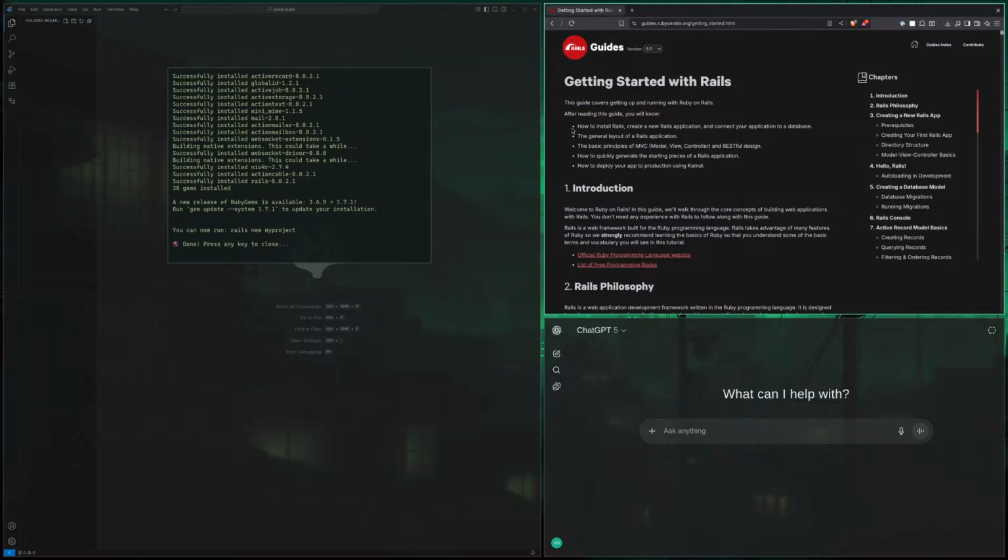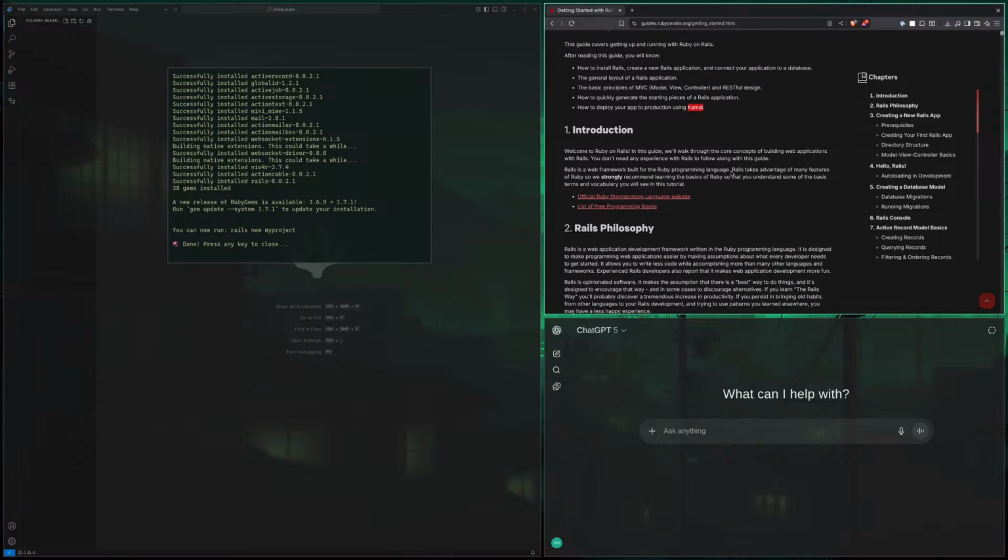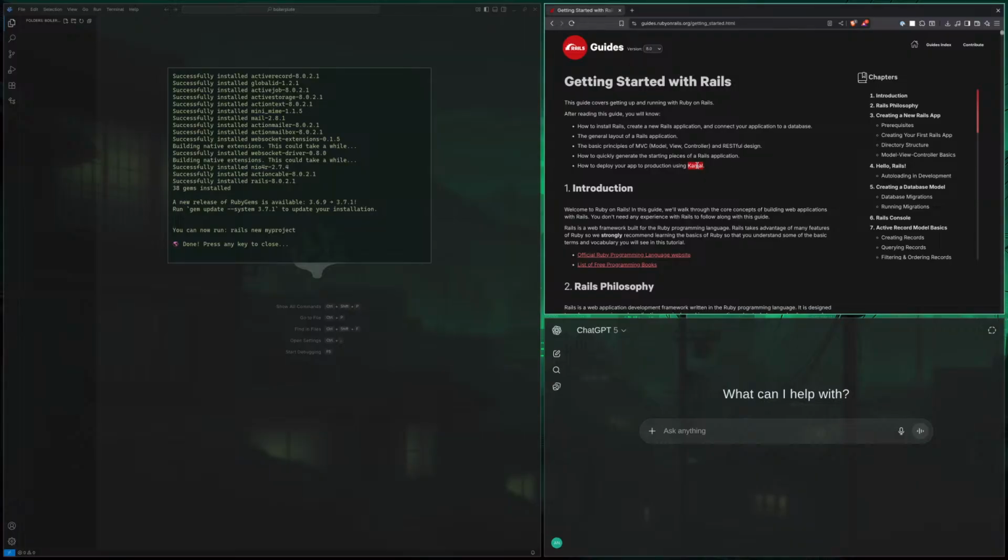After reading this guide, you will know how to install Rails, basic principles of MVC, how to quickly generate the starting pieces of a Rails application, and how to deploy with Kamal. I think I should.